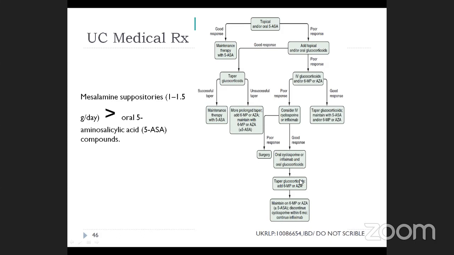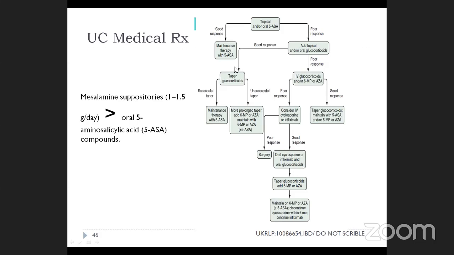Better to avoid long-term glucocorticoids, that's the dictum, and try to use immunomodulators or sulfasalazine. Glucocorticoids are used especially for acute phases. And if the patient has a good response to purine analogs, try to maintain the patient on either sulfasalazine or purine analogs. In general, three drugs are involved: sulfasalazine, glucocorticoids, and purine analogs, and then comes the targeted therapy like infliximab.